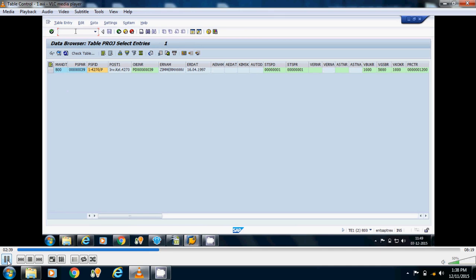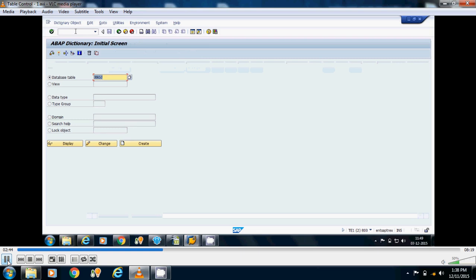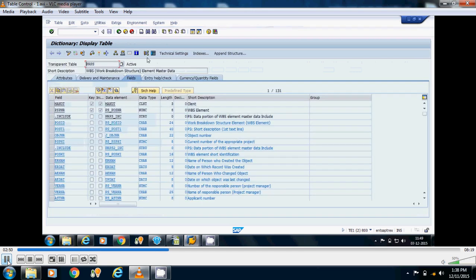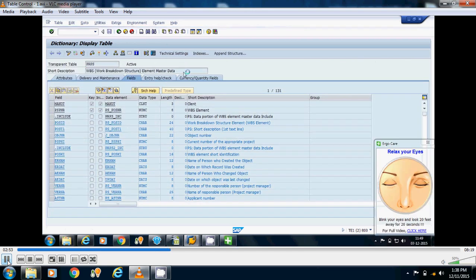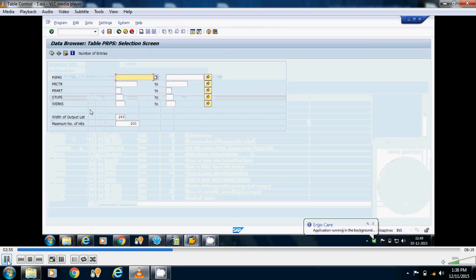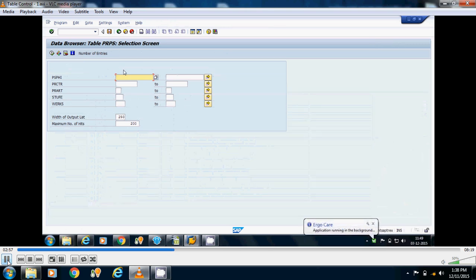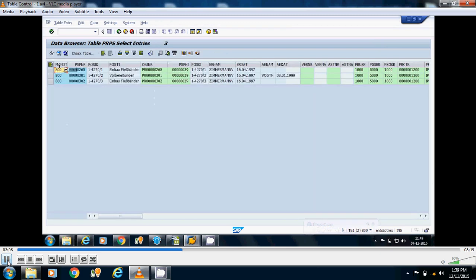Now if I want to display the item details of this project number, I have the table PRPS. I am displaying this and going for the contents. Here we have the variable PSPHI. If I pass this project number here and execute, I have the item details of that particular project number.